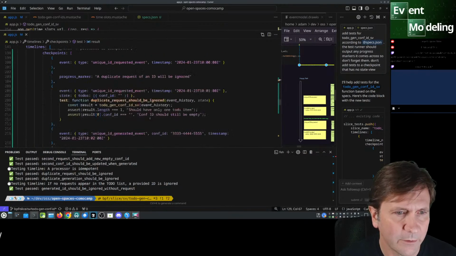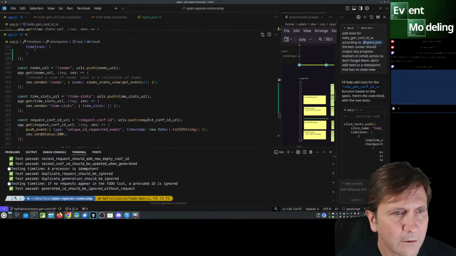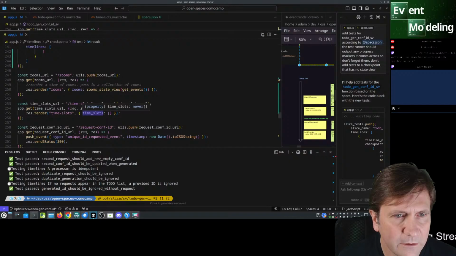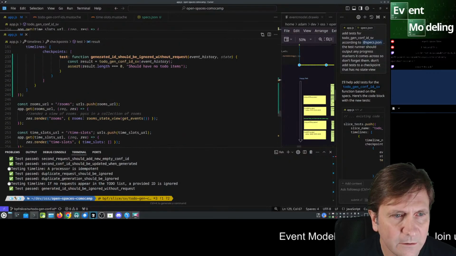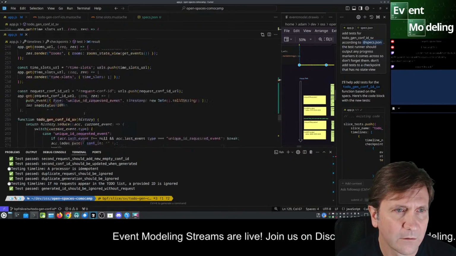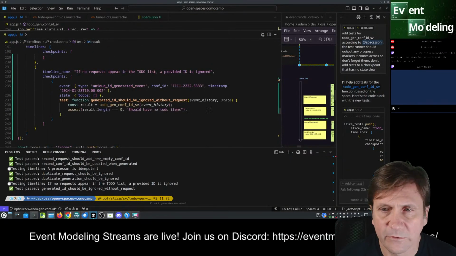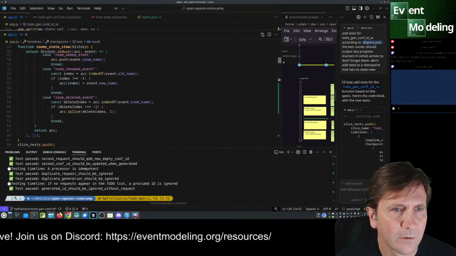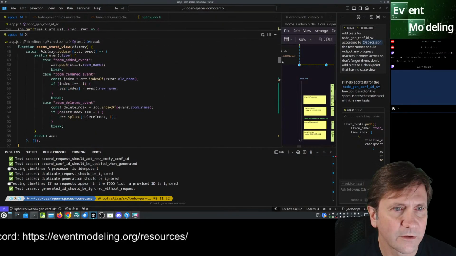Did it put it below here? Rooms. Where's the rooms state view? Room state view.